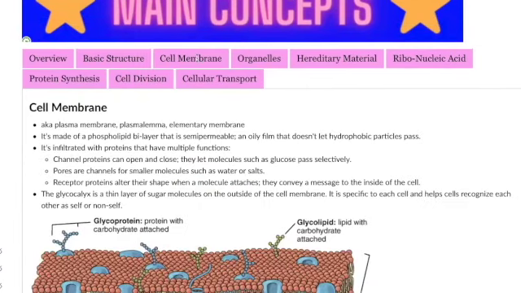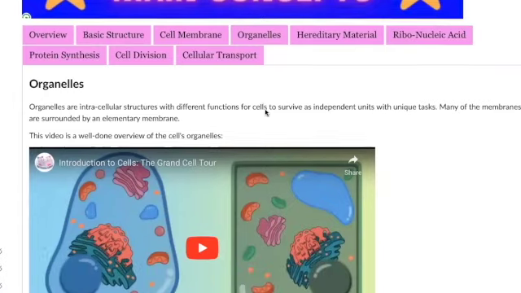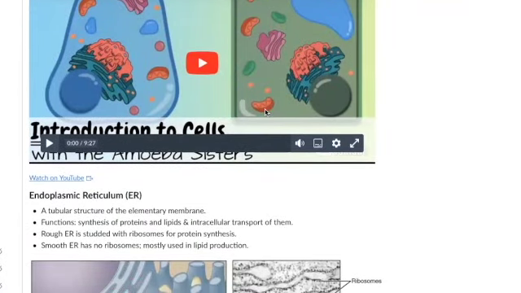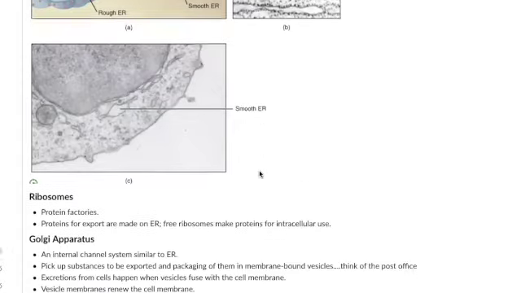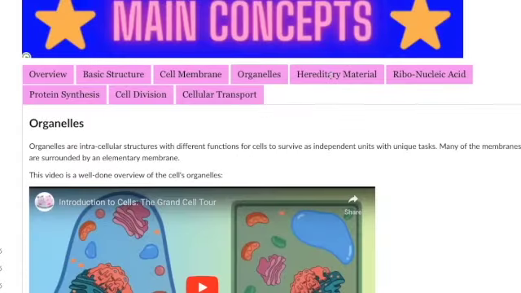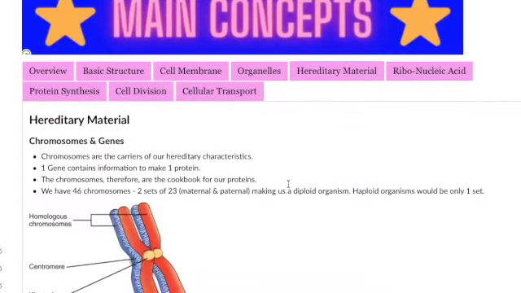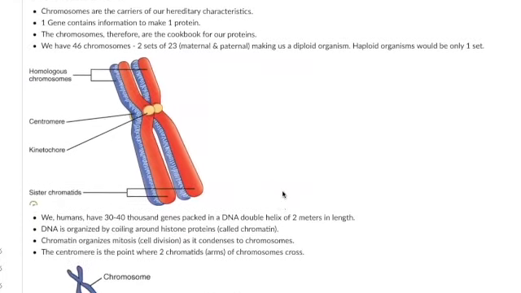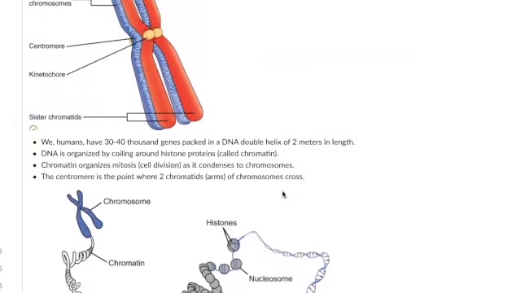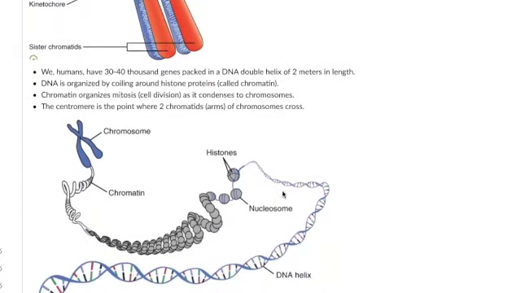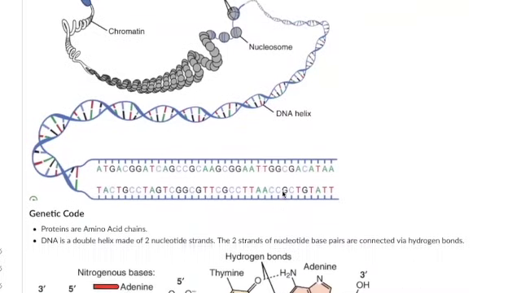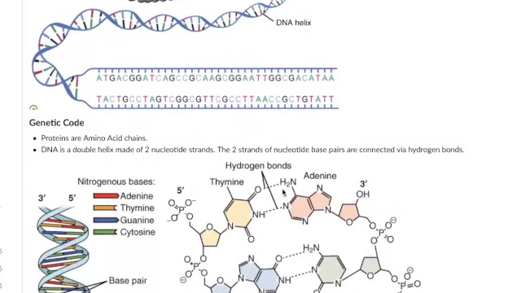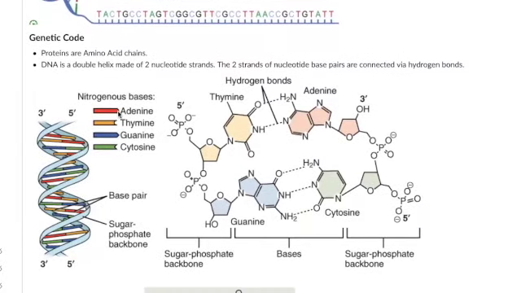And so it starts with a cell membrane, and then here are these organs, these organelles, because they're all tiny. They call them little organs, so that's organelles. And then the other part that we talk about a little bit in here is the hereditary material, the DNA stuff. And we just have one slide, a few descriptions, and the video goes into it. And then what do we actually use in the DNA? And then we get into the genetic code,